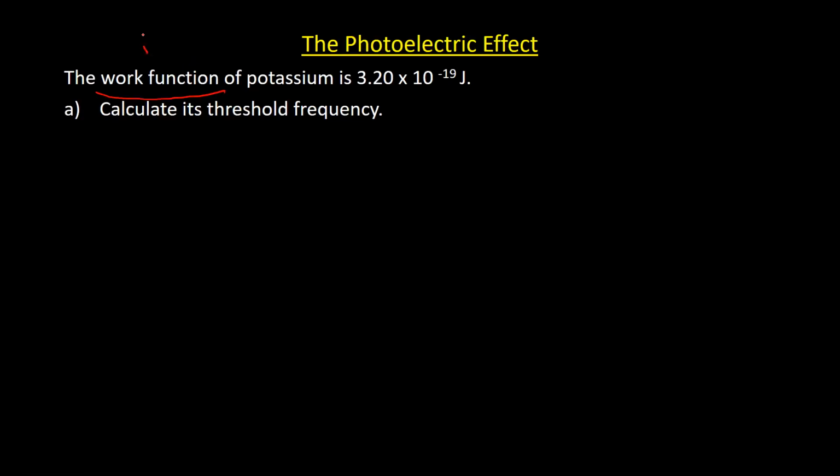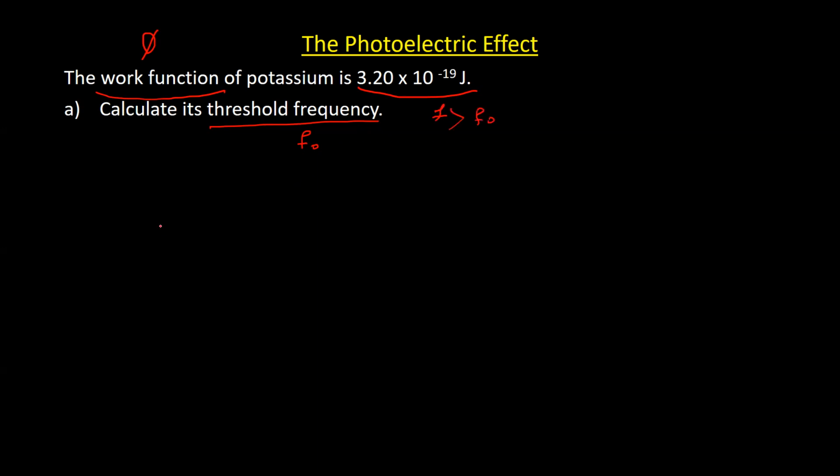And we usually show it with phi or sometimes with W. And it equals 3.20 times 10 to the power minus 19 joule. Calculate its threshold frequency. Threshold frequency, we also show it with f naught. It's the certain frequency of light below which no photoelectrons are released from a metal. So if we want to release an electron from a metal, we need to use a light with frequency larger than